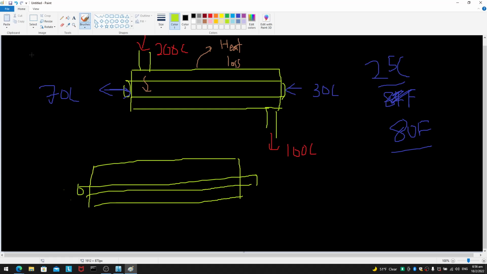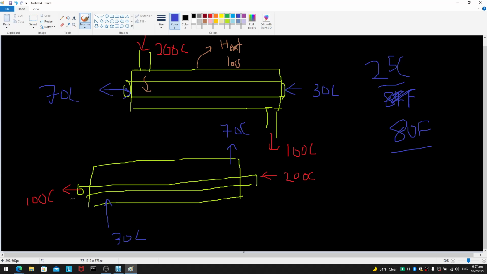Okay, again, very poor drawing, but this time, let's have the hot fluid flow through the tube, 200 C again, and then we target 100 C output, and then now we have cold fluid in the shell side. Okay, 30 C in, 70 C out. For example,